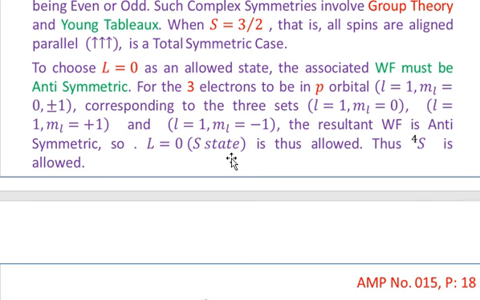On that basis, we shall say that capital L is equal to 0, that is the S state, is thus an allowed state. And since we have capital S is equal to 3 by 2, the corresponding multiplicity, which is given by 2S plus 1, will be equal to 4. So we can write the multiplicity with this allowed state, thus 4S is an allowed state. So you see that